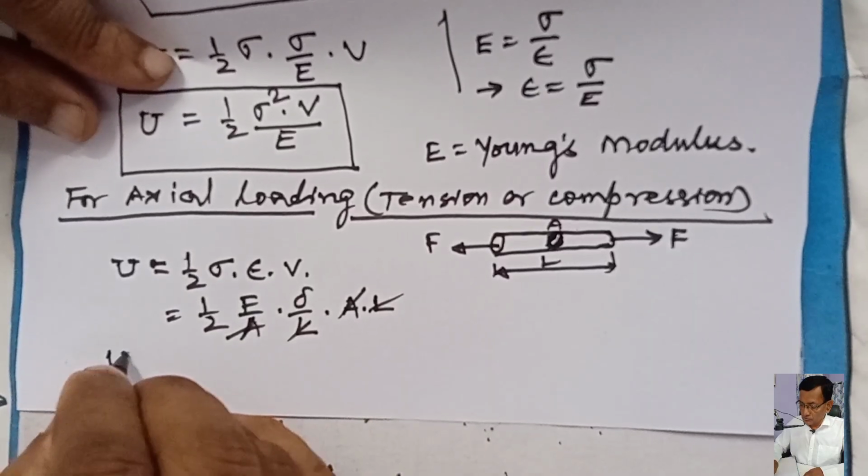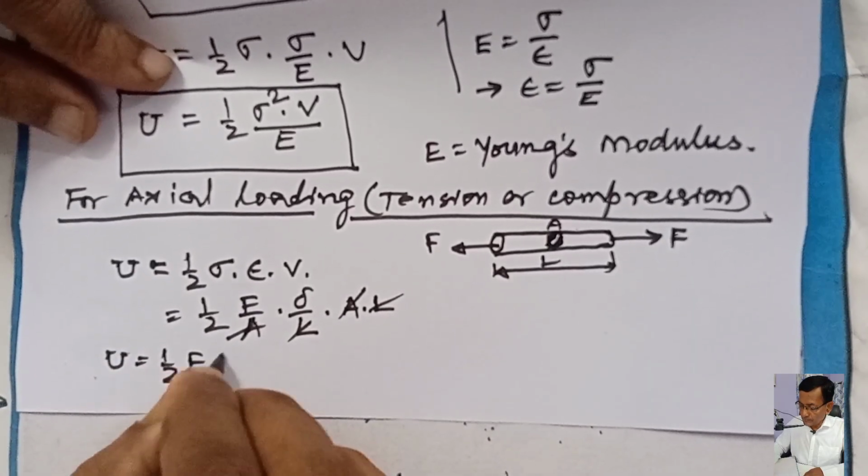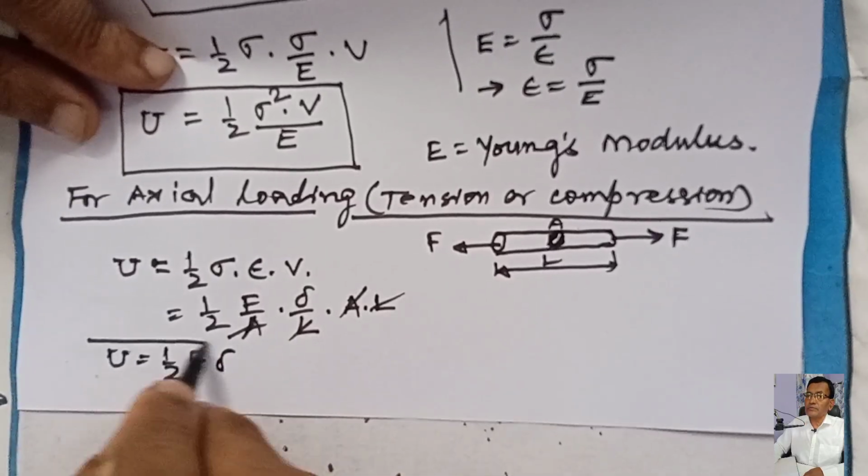So we can write U is equal to half F del,